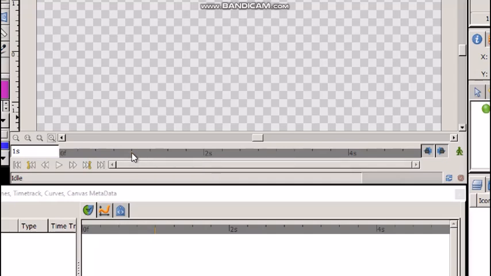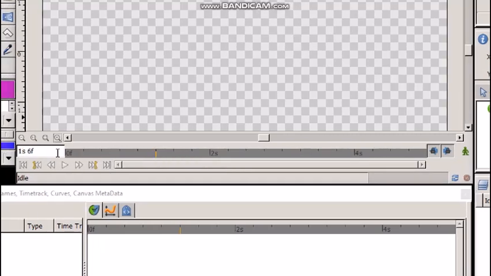Next one is 1 second and 6 frames. It is shown in the entry field. Now 1 second and 12 frames. Here it is shown. This is the orange color indicator. Next 1 second and 18 frames.